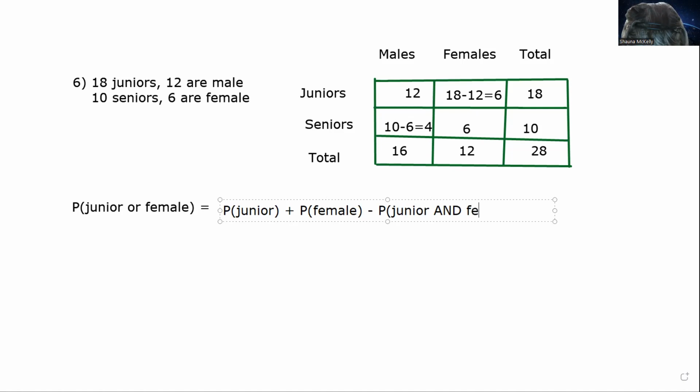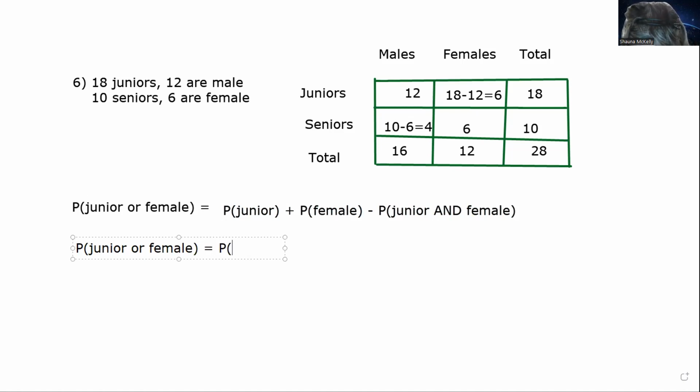Not or female. This is junior and female. This is my overlap. Remember, the or tells me that I'm adding, but this and is for my overlap. So here, I end up with the probability of junior or female equals